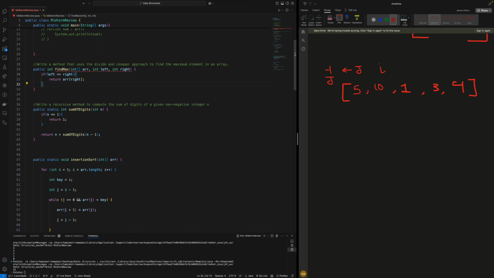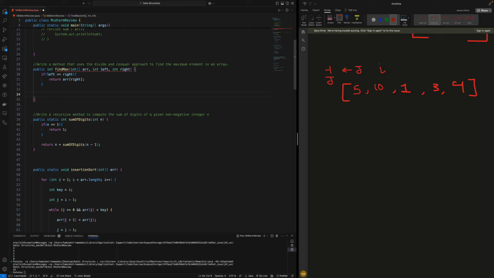Usually what I like to do is leave the base case for last after I write the function itself. So let's write the function. First, I need the midpoint because I want to divide the array in half. So what's my midpoint? So midpoint equals my left plus right minus left